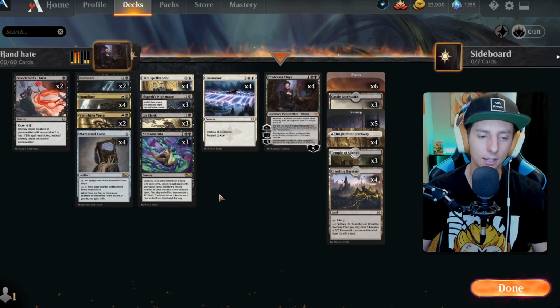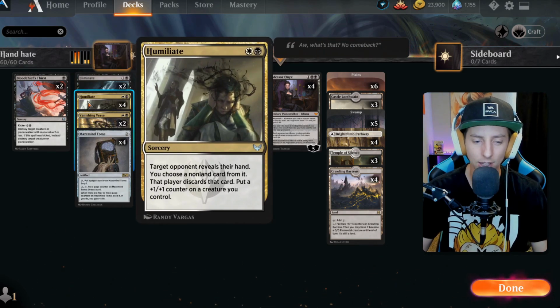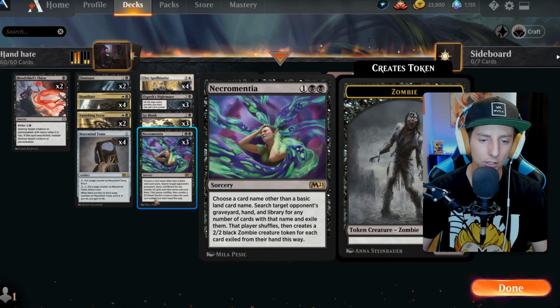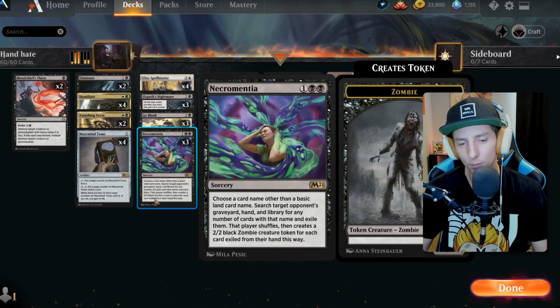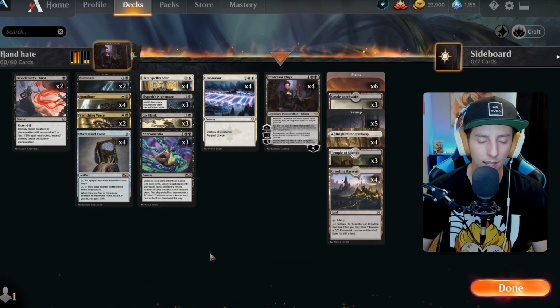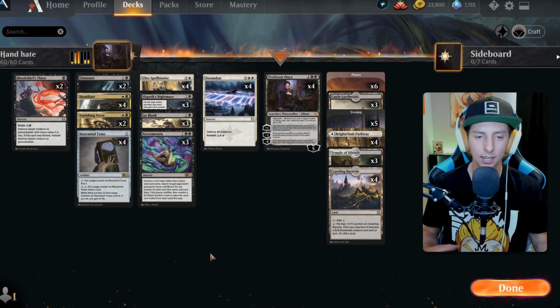There's things that I didn't really get the full effect out of, like Humiliate with the 1/1 counter, but again, I don't think that really matters. Humiliate's still a great discard spell. Necromentia is obviously more of a meme card, but we did hit with this card today, so it does have potential to stay in the deck. There is a lot of things that I think could change or be moved around with this deck